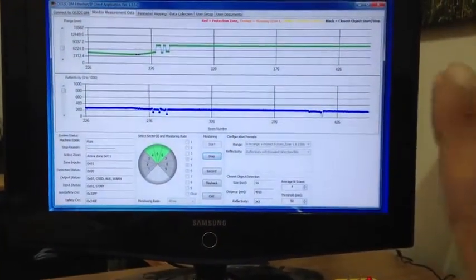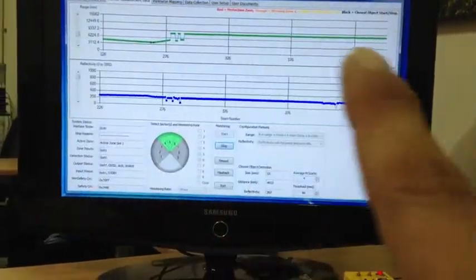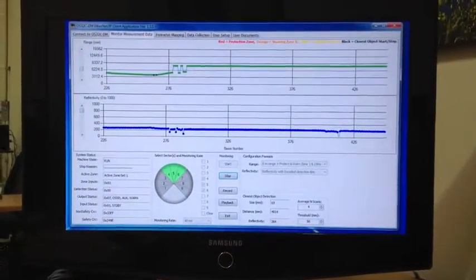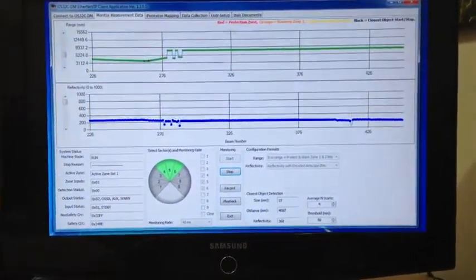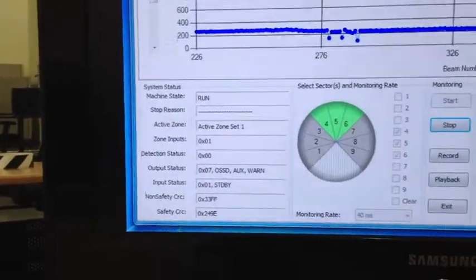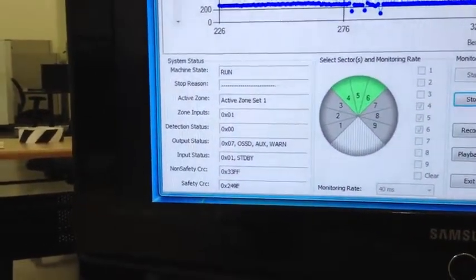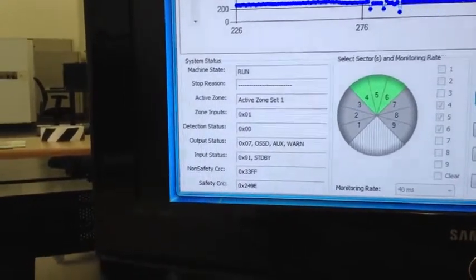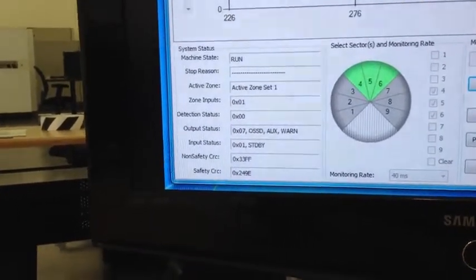The green line up here represents distance to an object. The blue line down here represents the reflectivity in an object. As of right now, there is no object placed in its field of view, and there's no zone violations. If you look down here in the lower corner of the software, it states that the sensor is in run mode in active zone set 1, and it gives the active input number 1, as well as detection status and